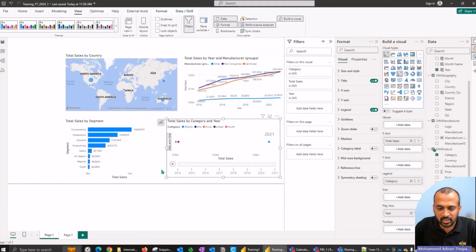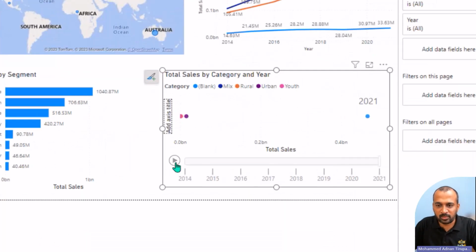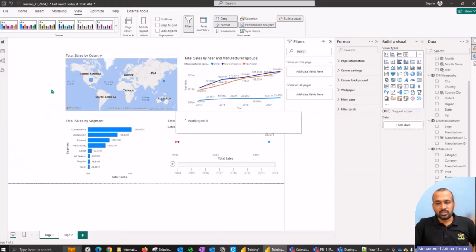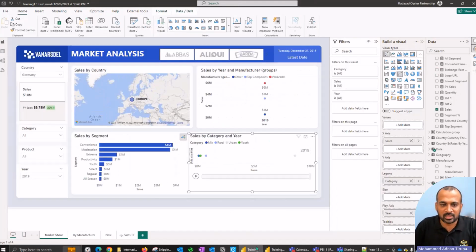And now you can see the axis is showing up as a play axis. If I play here, then this will move based on the year. As the year is changing, you can see the categories moving up here and there. So that's a new visual. So save this file. The next thing here we need to do is to add the slicers onto the left